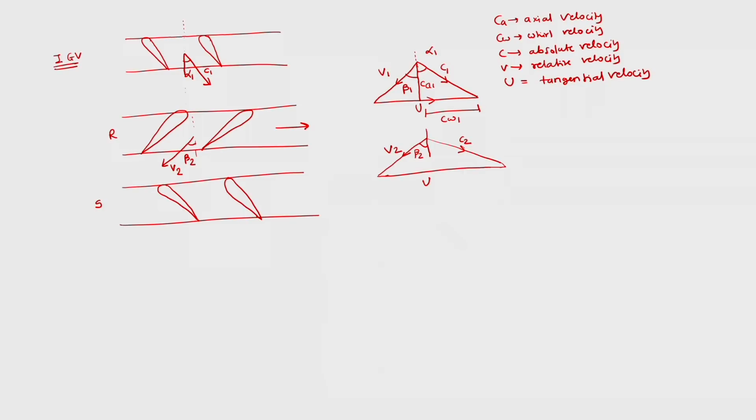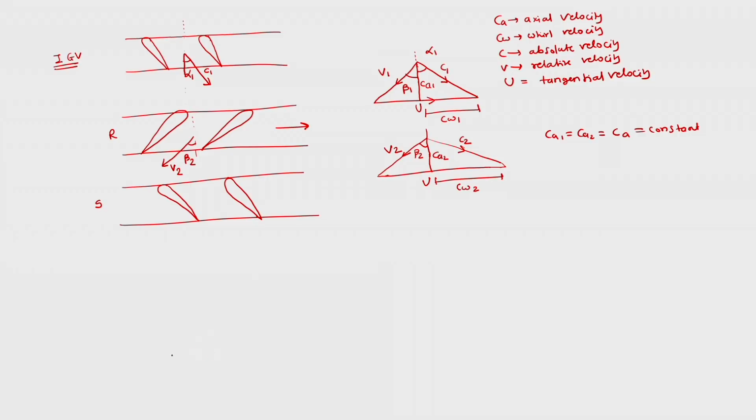Okay. So we had C2 in the outlet, and then we had CA2 as the height, and then we would have CW2 as the whirl velocity. However, C2 should be increased in the flow. So having said this, since we are considering CA1 equal to CA2 equal to CA, which is constant for our present analysis,